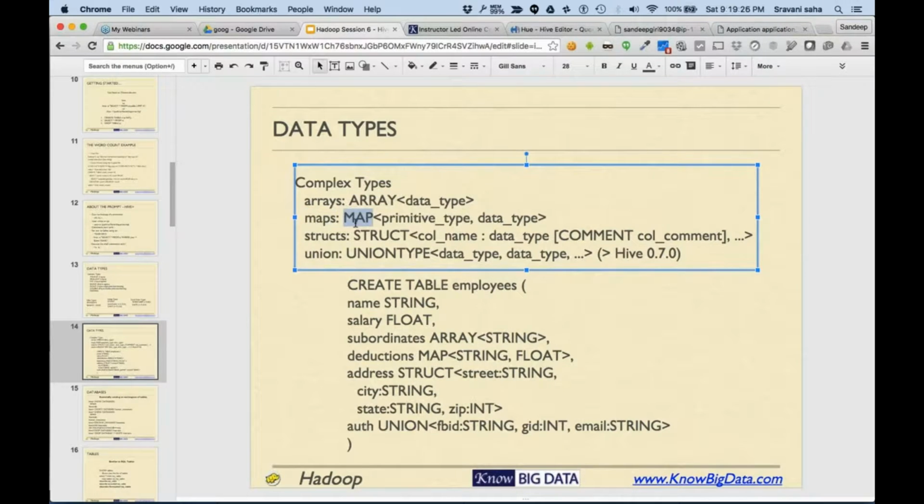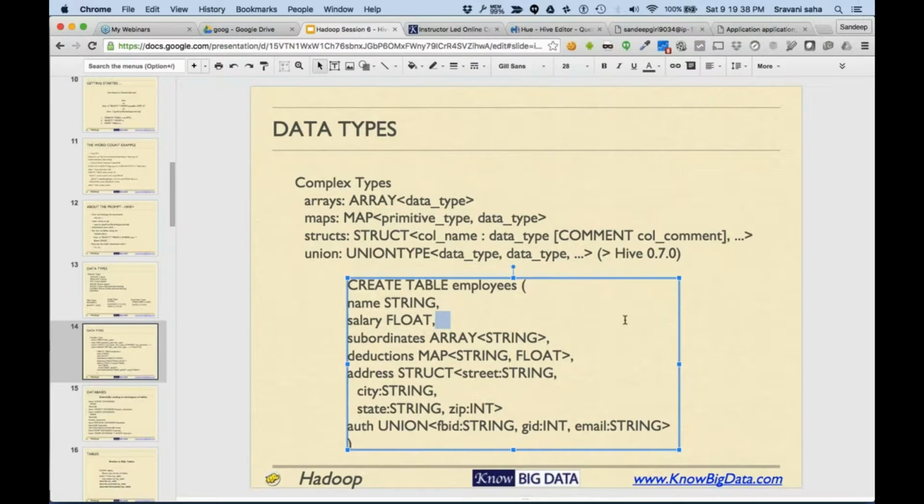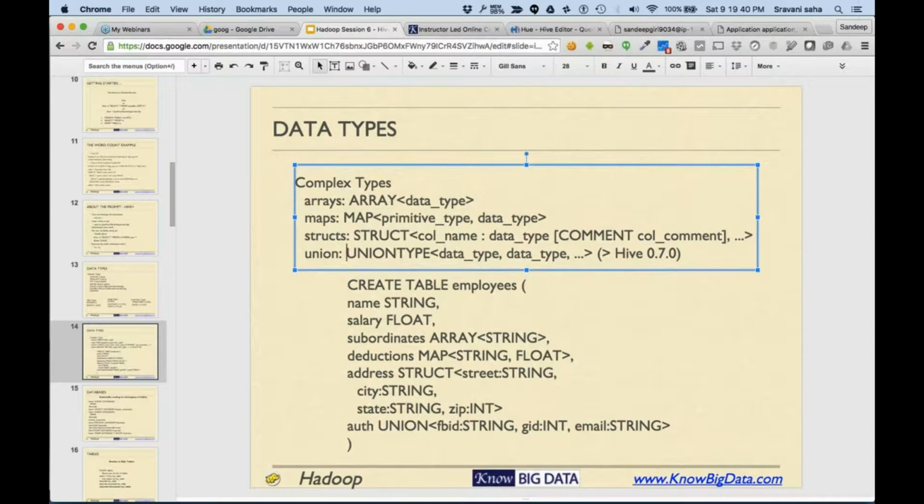Maps are basically maps of a primitive data type versus any other data type. The value could be complex, but the key has to be either string, integer, or something. In struct, it's always column name and data type, and optionally you could put a comment. And sometimes you have union.